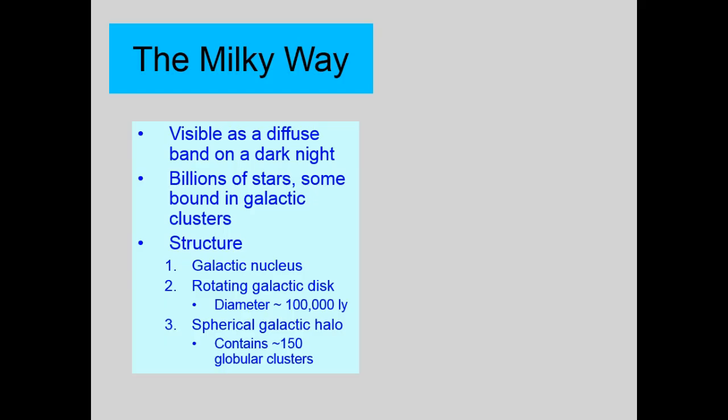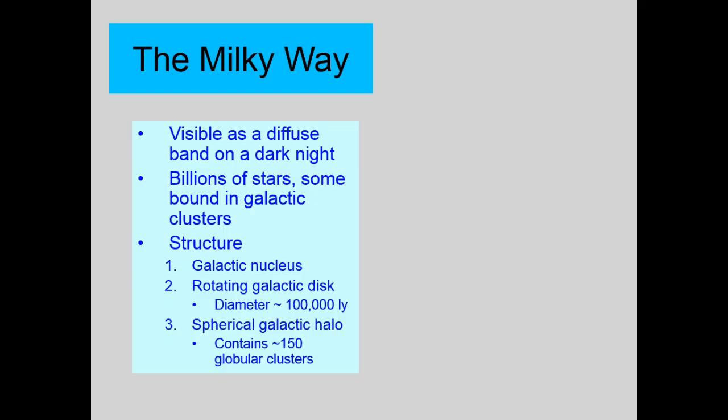The structure of our Milky Way: you have a galactic nucleus, and then you have these rotating disks that go around that nucleus. Now, the diameter of that disk is 100,000 light years. And we've already said that a light year was in the billions of miles, I believe it was 3 billion, something like that, and maybe even larger. And then 100,000 of those, that gets such an astronomically large number. And that's just within our galaxy. Not counting any other galaxies, our galaxy is that big around.